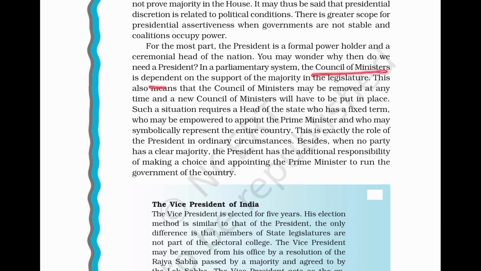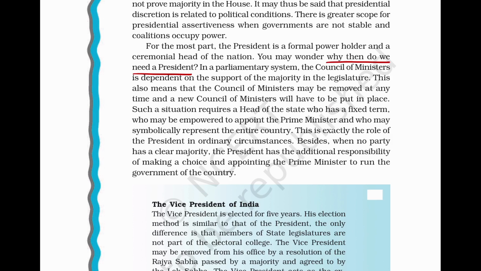Otherwise we have seen the President as a formal power holder, a ceremonial head, etc. And the Council of Ministers is dependent on the support of the majority in the legislature. That is another key feature of the parliamentary system, that they are accountable and responsible to the legislature. So the Council of Ministers may be removed at any time, right? And a new Council of Ministers will have to be put in place. See, the whole idea is, if you notice the question they have given,